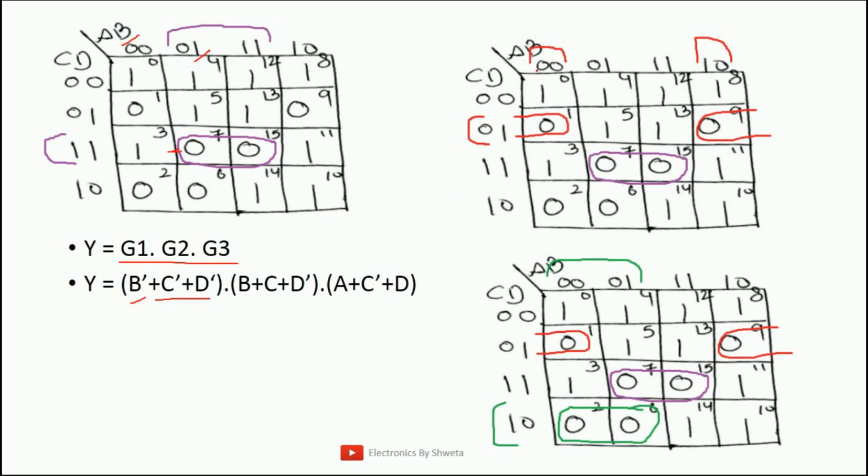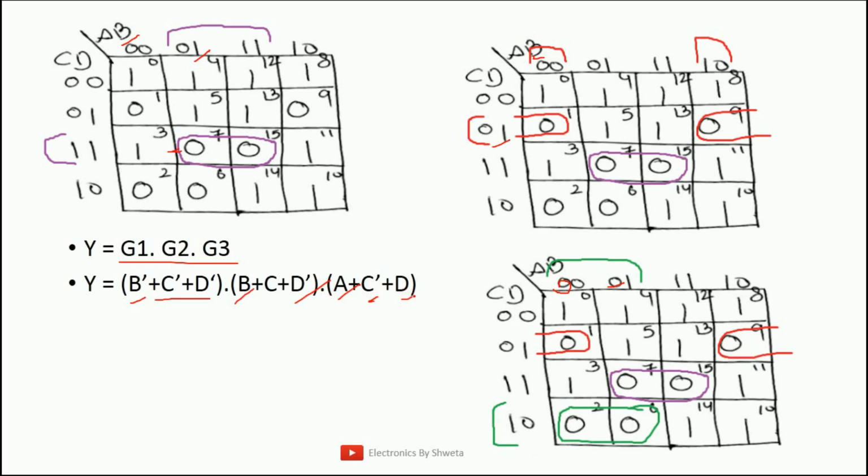Second group, so here comes the second group, 0, 0, these extreme edges, 0, 0, 1, 0. So again, B is having a constant value that is equal to 0. Hence, B is equal to 0 will be written as B. Similarly, C is 1, written as C bar, and D is 1, written as D bar. And here comes the last group, group number 3, 0, 0, 1, 0. Variable A is not changing and is having value 0. Hence, variable A. On the other hand, C is 1, C bar, and D is 0, that is D.